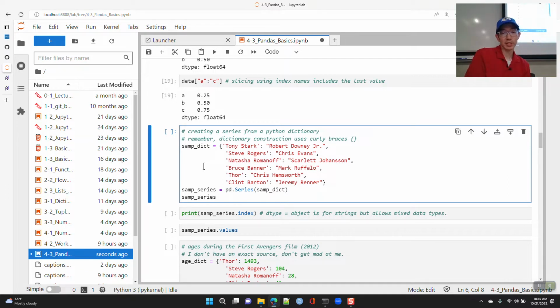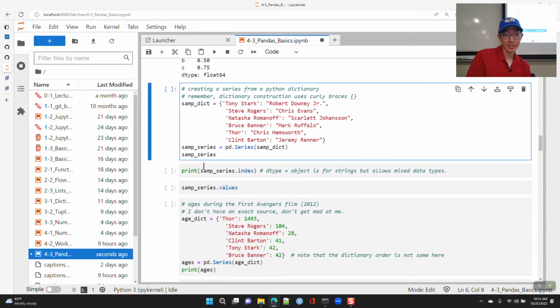So here is a dictionary. I did the OG Avengers. Here I have the character names and the actor that played the character, and I'm going to create a series out of this dictionary. Again, there are similarities between a series and a dictionary, but a series requires that all of the data be of the same type.